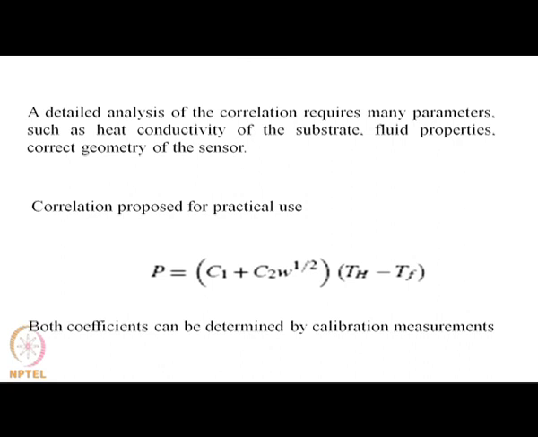Both these coefficients are evaluated from calibration measurements, and therefore, you should be able to obtain from the known value of P and from the measured value of the temperatures the unknown value of W, which is the flow velocity, and that is the purpose of the flow sensor. So, C1 and C2 are already known to us. Measuring the two temperatures and the power input to the heater, we would be able to obtain the unknown value of the fluid